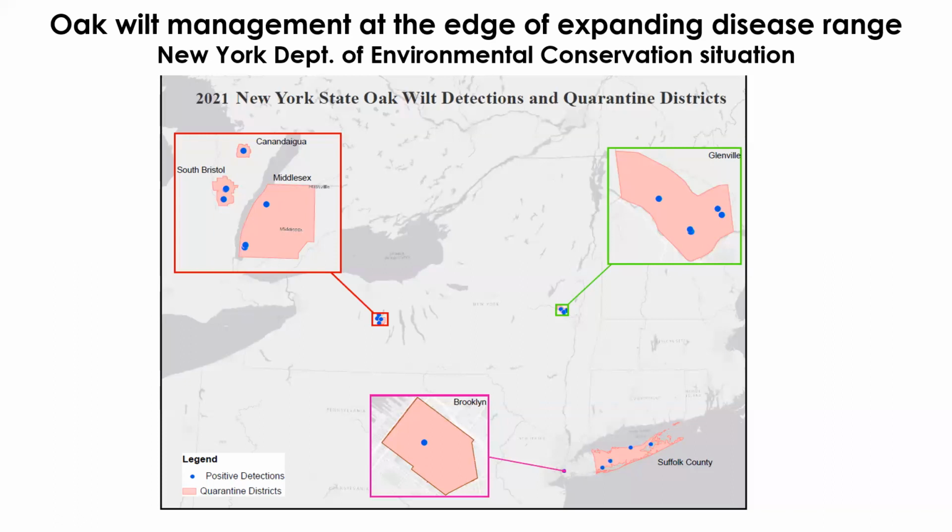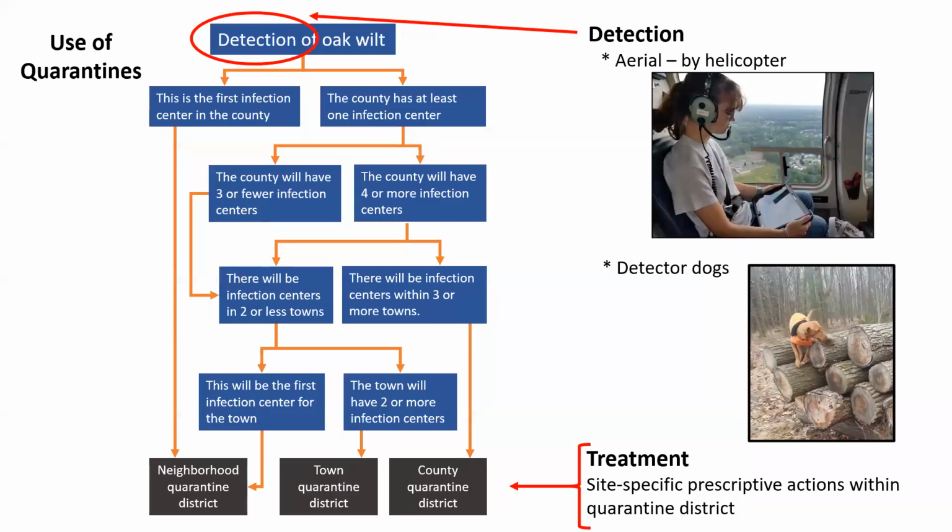The goals of the New York DEC program: first is to isolate and treat any new finds of oak wilt, and they use a quarantine system to guide their program. They may eradicate if it's possible, and then of course they want to prevent spread. So this is their quarantine system, and you can again look at the oak wilt story map to ponder this in detail. But it starts with detection, and in New York they use aerial detection for most of it,